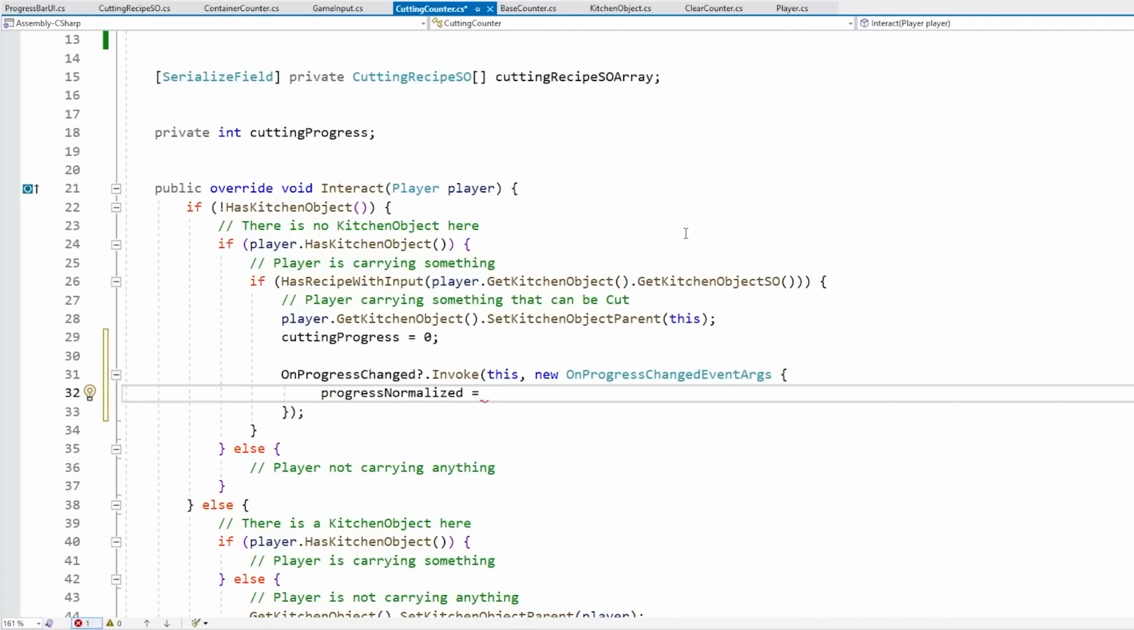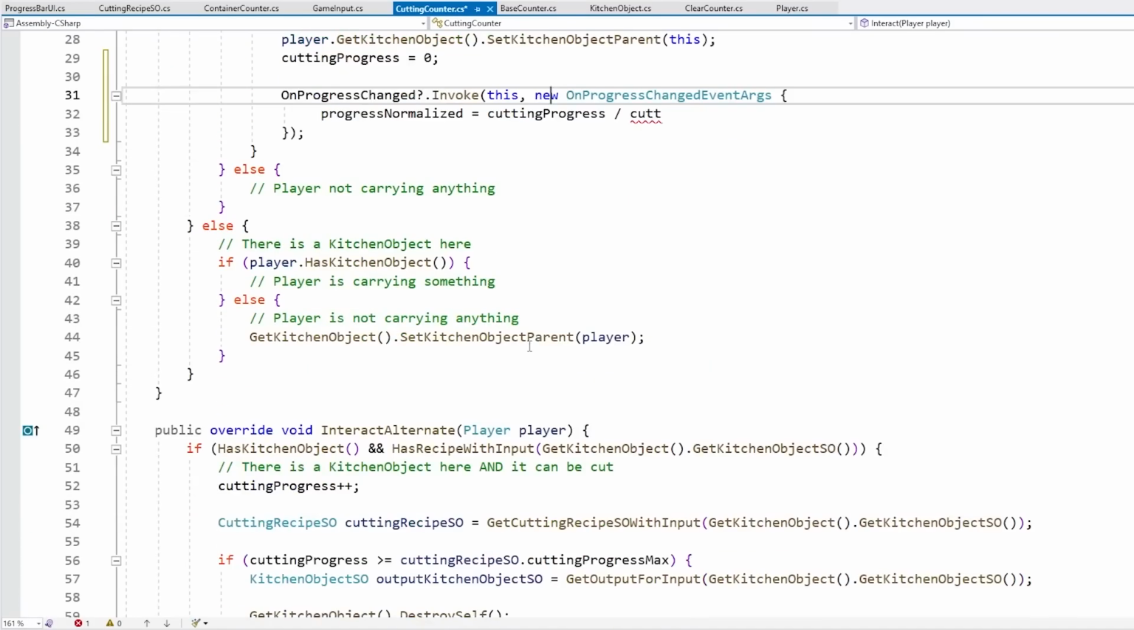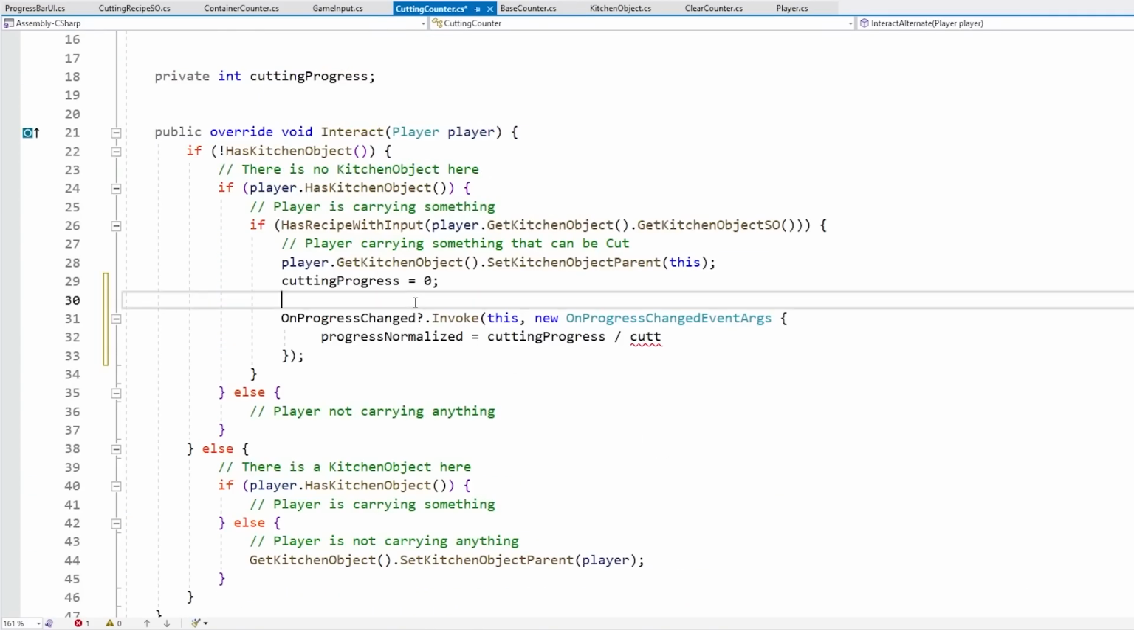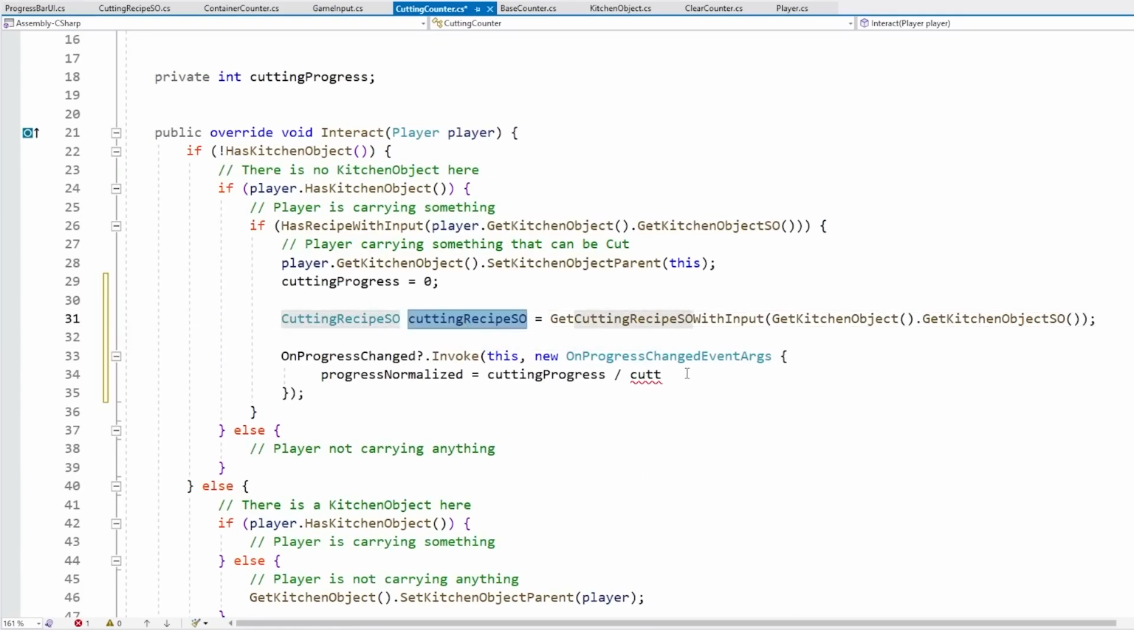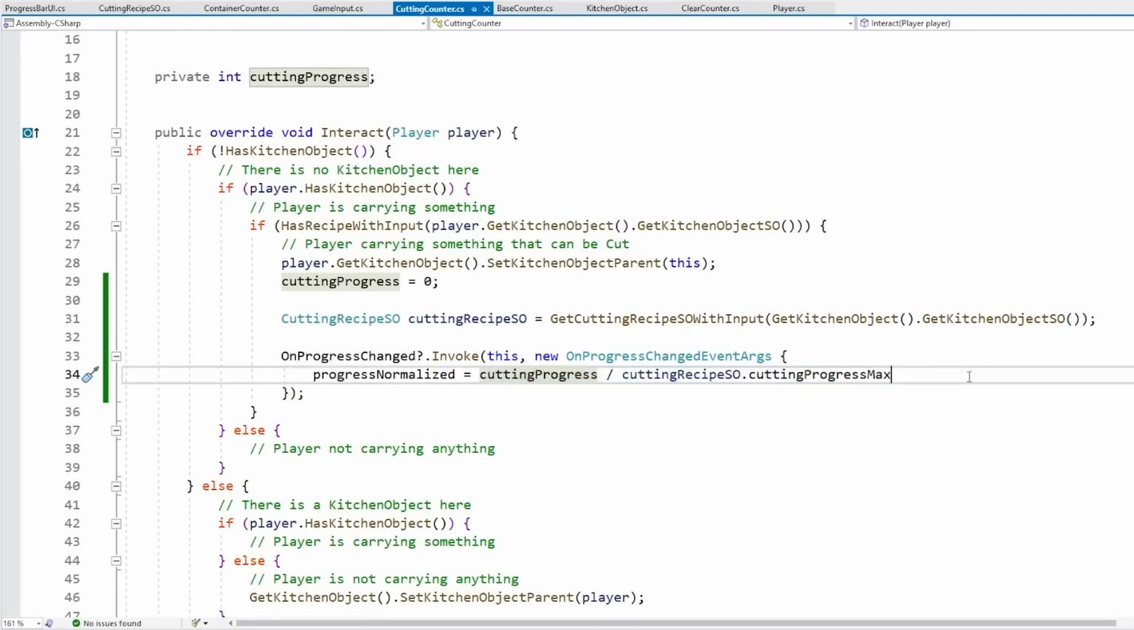And to get the normalized progress, it's actually very simple. Basically, we just need to divide the current progress by the maximum. So cuttingProgress divided by cuttingProgressMax, which is actually inside the recipe SO, so we need to pick that one up. So let's go down there to pick up the cutting progress recipe. So we pick this one up and we go in there and get the maximum. However, over here we also need to be very careful because there's one sneaky issue here. This has to do with how C# works and how ints are divided with other ints. For example, if we had a